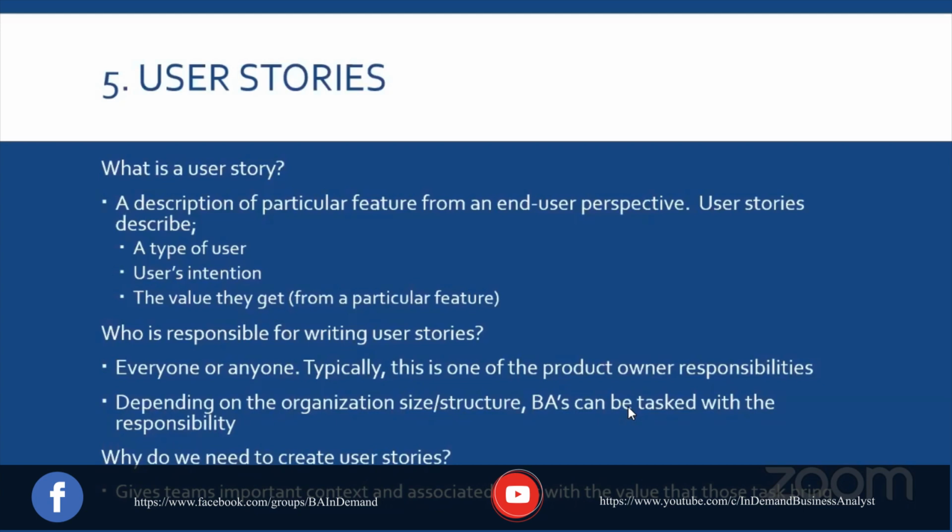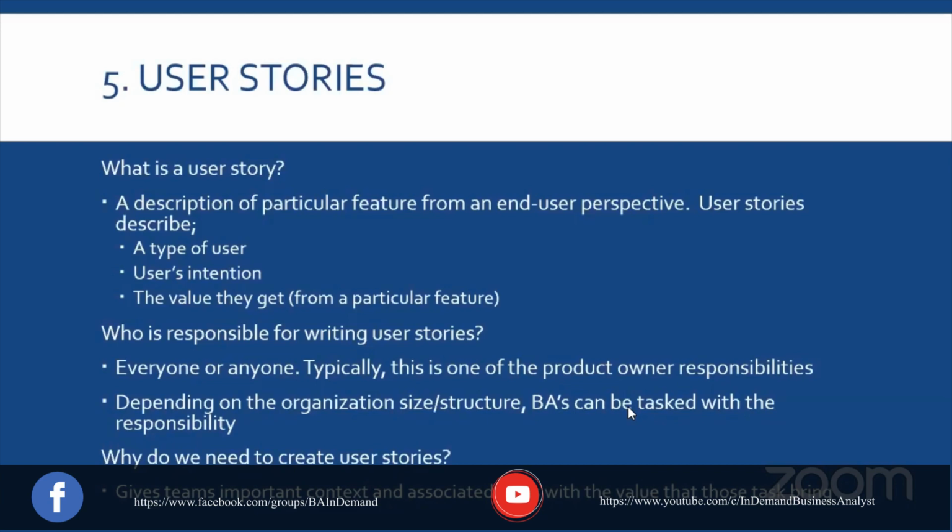All right. So usually who is responsible for writing a user story? Anyone and everyone. Typically, this is something that the product owner does and puts into the backlog. And if these terms aren't familiar to you, let us know. We can get further into it. These are all a part of the agile world. So there's backlogs, sprint backlogs, overall backlogs, and these user stories are all put into the backlog. And once a sprint starts, which is an iteration cycle, we pull these user stories into that sprint, and then